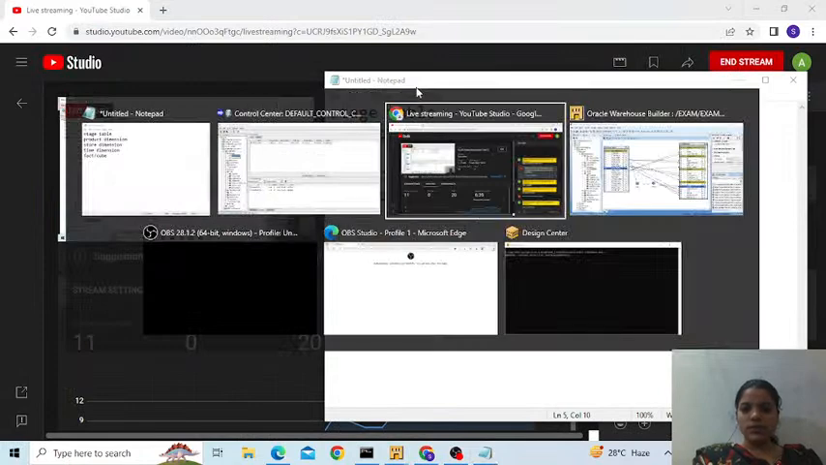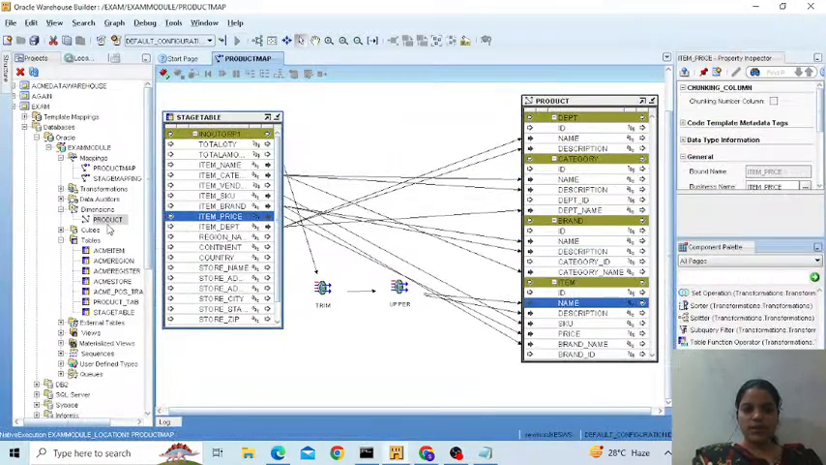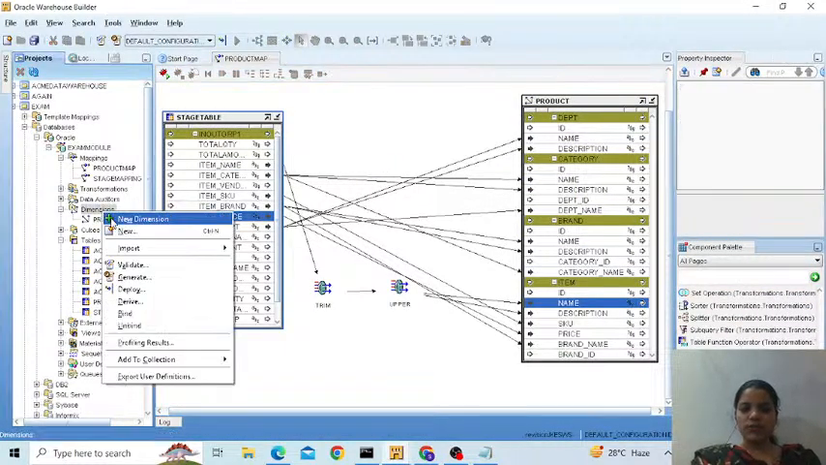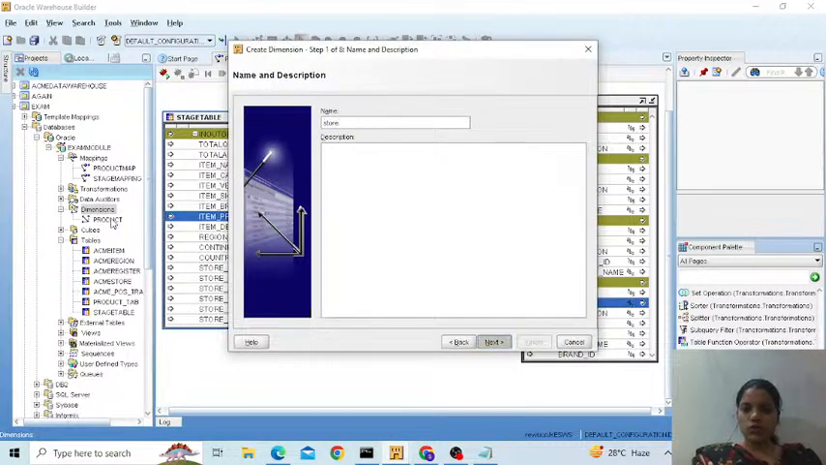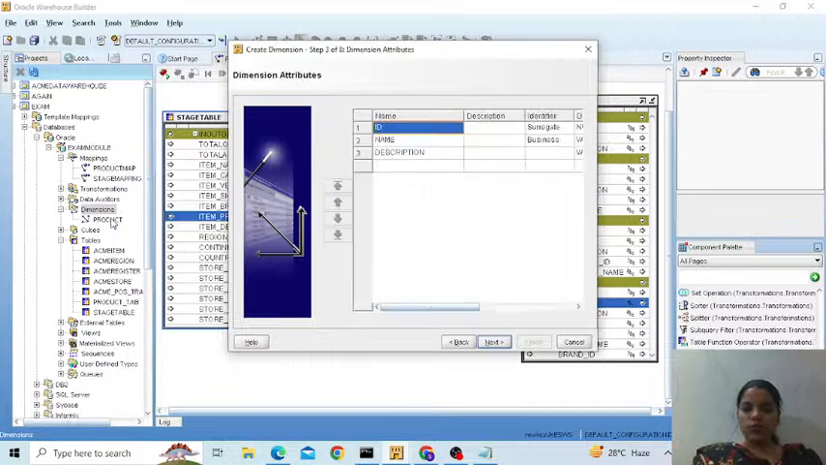Now let's come to design center again. Let's quickly create the second dimension, which is a store dimension. So new dimension, next, store, storage type OLAP. We want just two more. One is